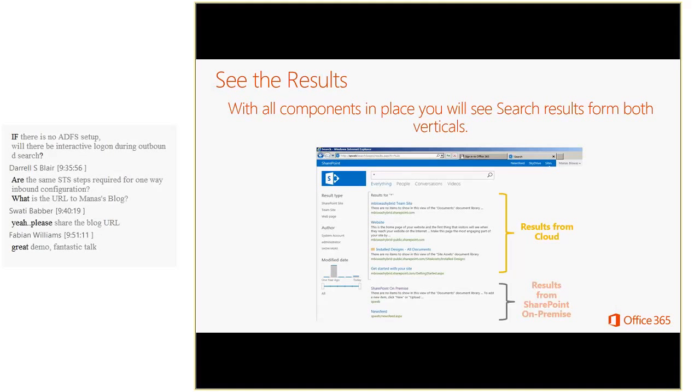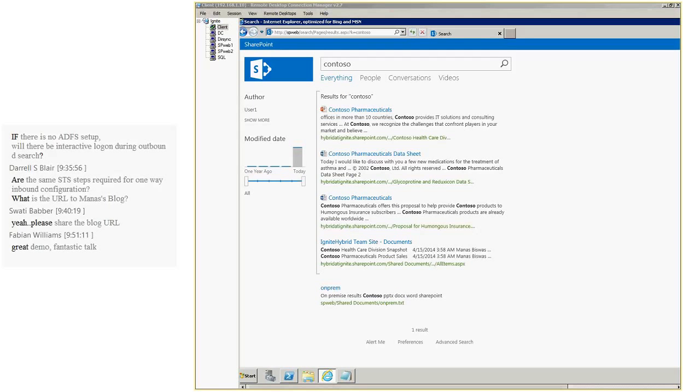No questions? Guys, if you want to unmute, ask a question, type